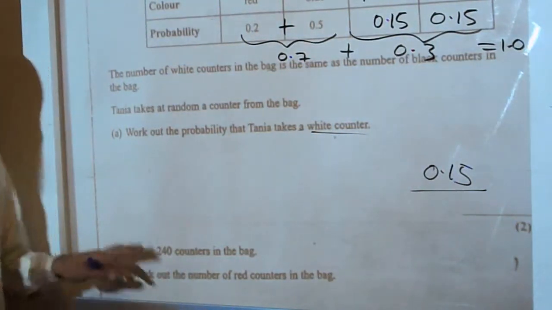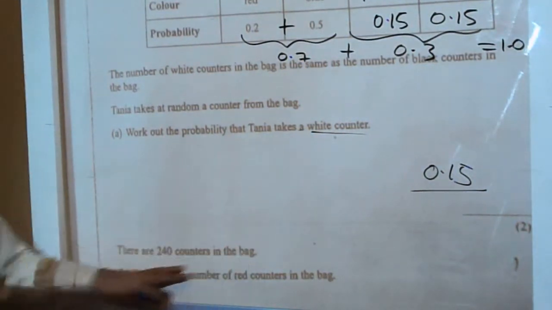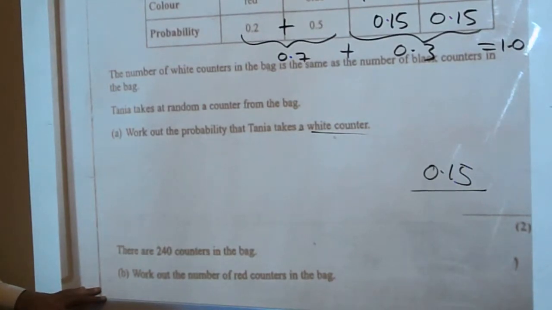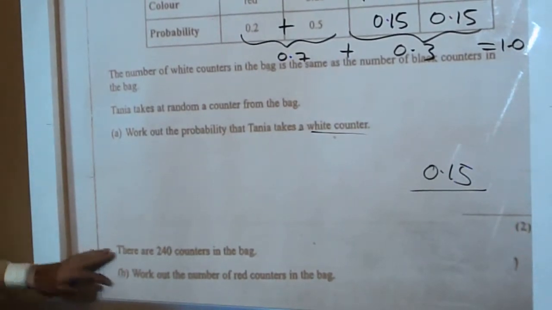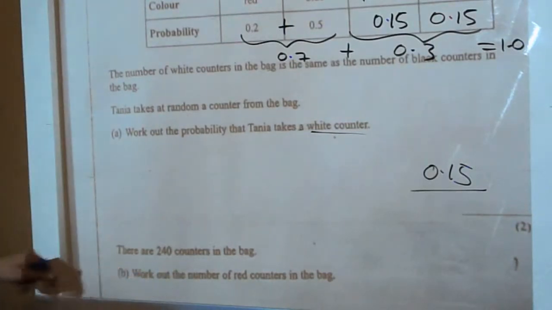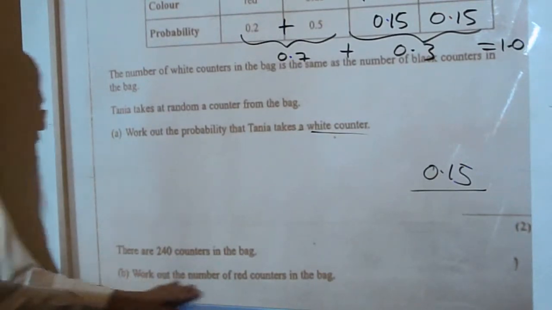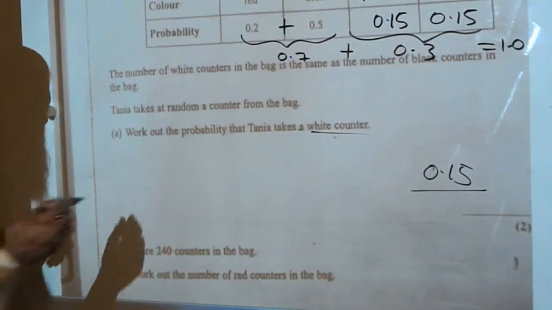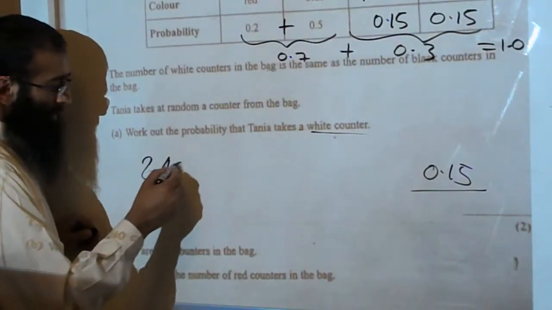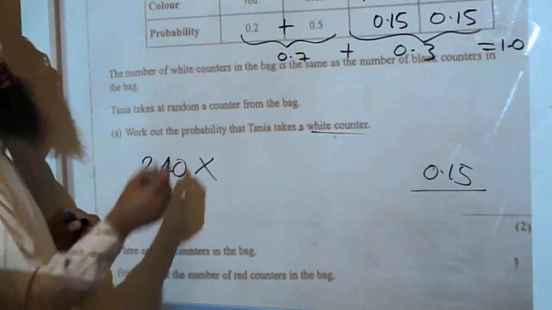Okay, the next question is on the bottom of our board here. There are 240 counters in the bag. Work out the number of red counters in the bag. So it's 240 multiplied by the probability of red, which is